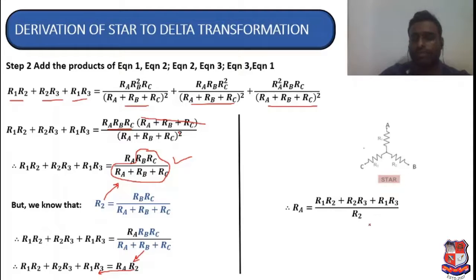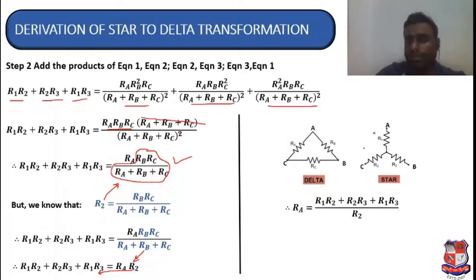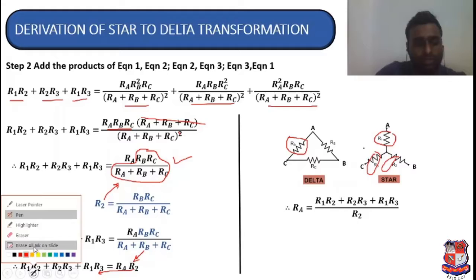Okay, so let us recall the figure. Here you have R1, R2 and R3, which is the star connected circuit. You need to transform it to a delta connected circuit. So if you see, R1 is over here, R2 is over here and R3 is over here. What you have found is the value of the equivalent resistance in the delta circuit. If you incorporate this inside, you can see R2 is over here.